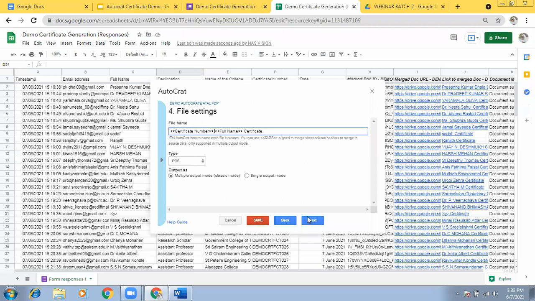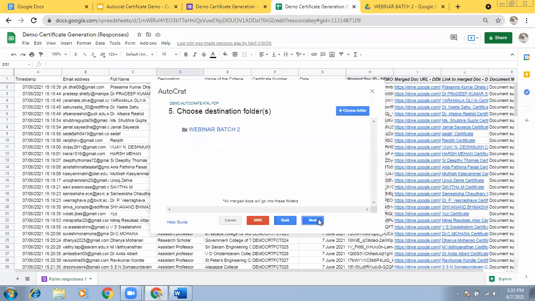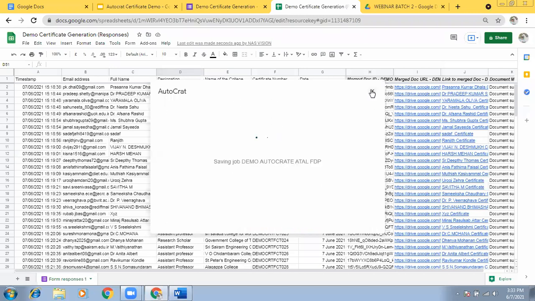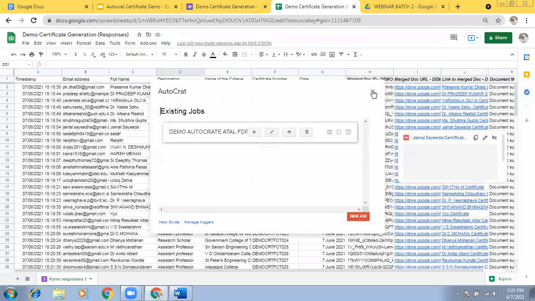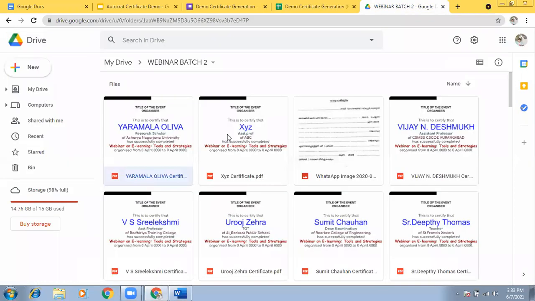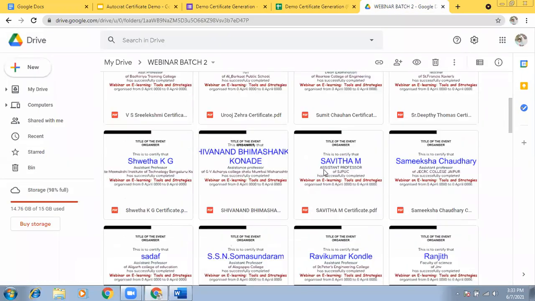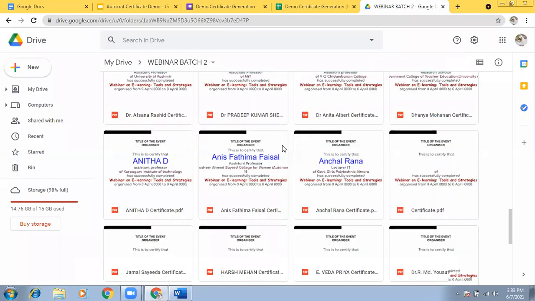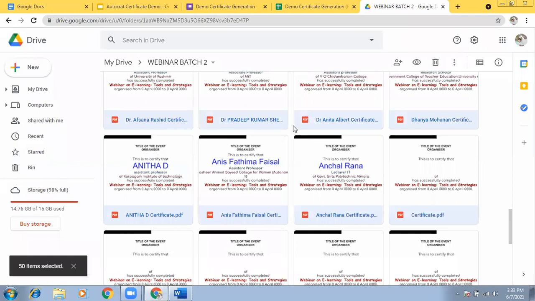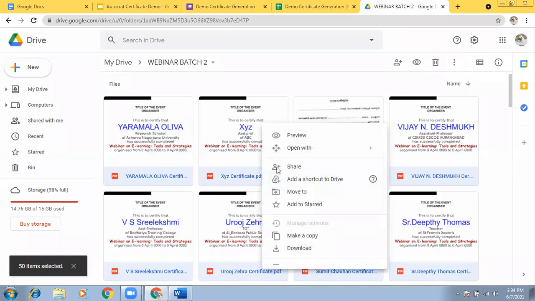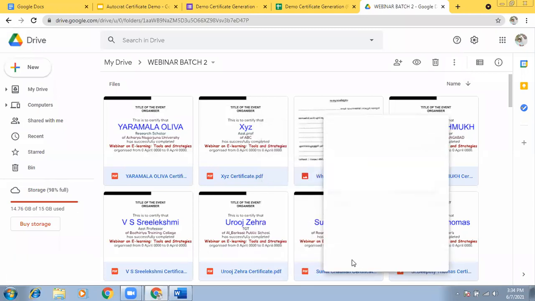Then save it. Now, those certificates already generated will not be regenerated as new ones. So if you want to delete all these folders and files inside this one, you can select all the files and remove them.